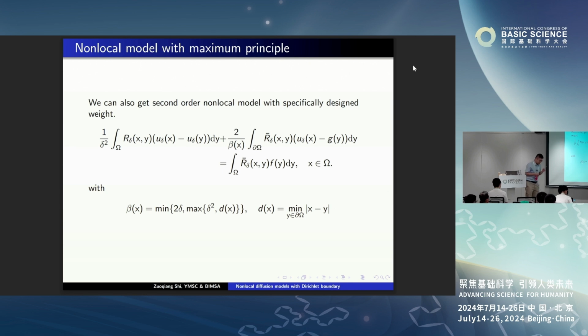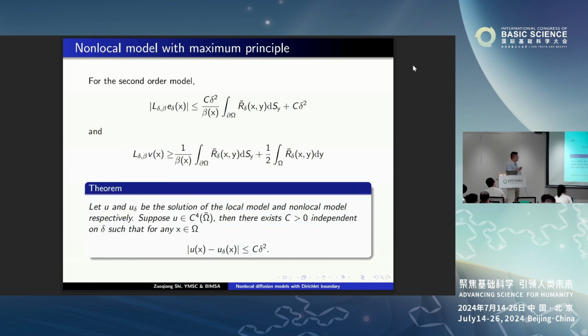This function is just: if x is far from the boundary, larger than 2 delta, then this beta is equal to 2 delta. If d is between 2 delta and delta square, then it is just d. If d is smaller than delta square, then it is just delta square. Okay, this is the choice of that parameter. If you replace the constant by this function,